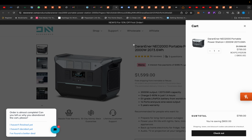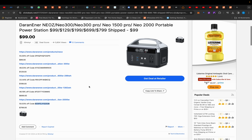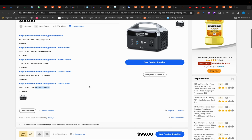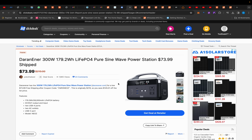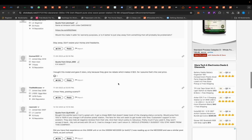Moving on, I want to talk about DaranEner portable power stations, okay? Because it was all over Slick Deals that this popped up. I saw this a few days ago, and I just wanted to let you guys know, don't touch these with a long stick. I mean, if you do, let me just give you the warning signs, okay? So first off, everything on the site is on sale, so that tells me they're probably going out of business. And if you read just the comments, okay,